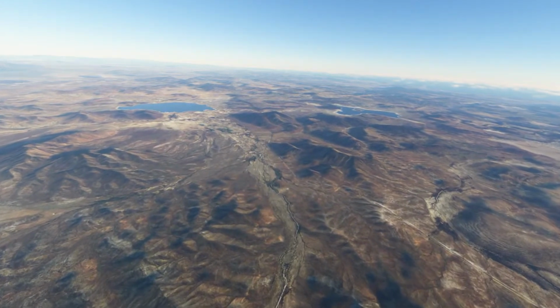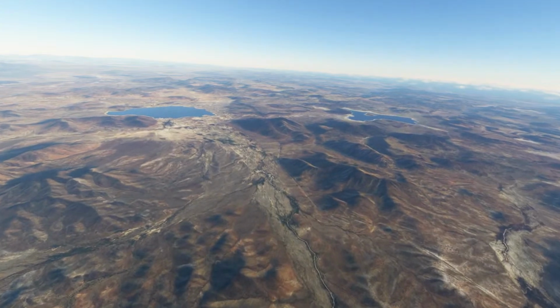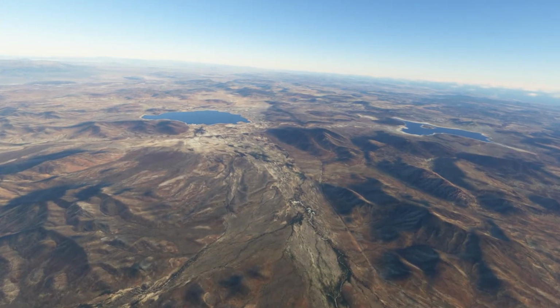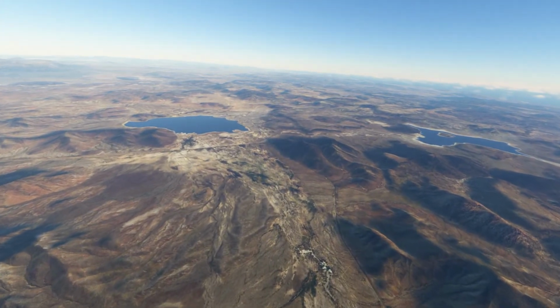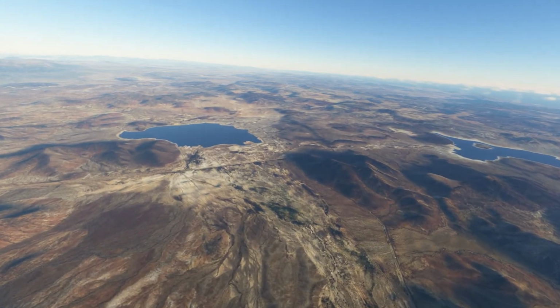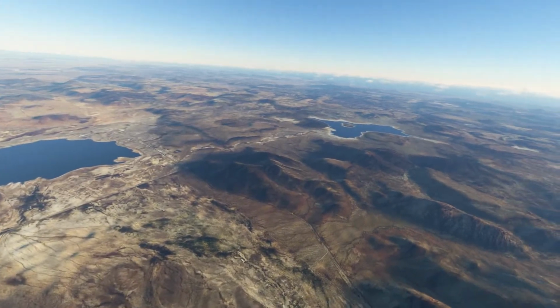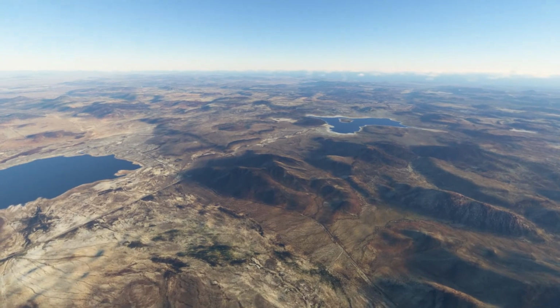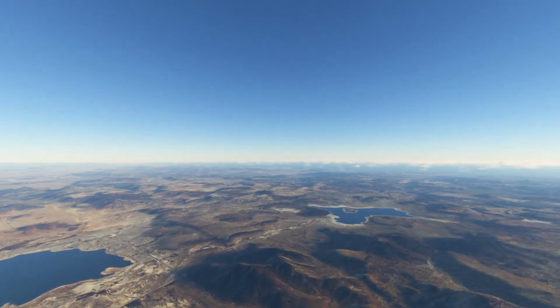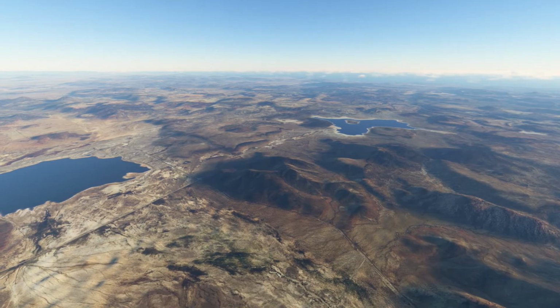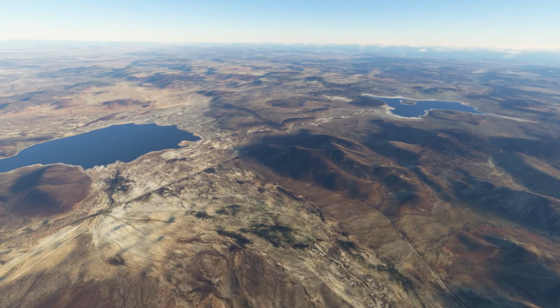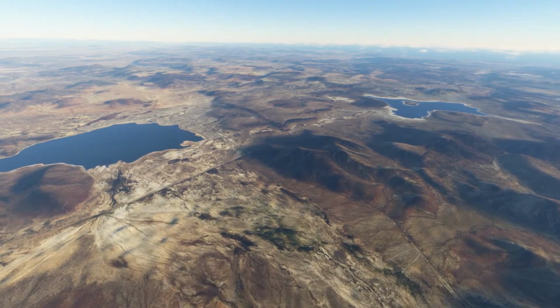It looks like a little bit of a riverbed there going toward the lake. There's no information on Wikipedia for these lakes. Go ahead and freeze it there.